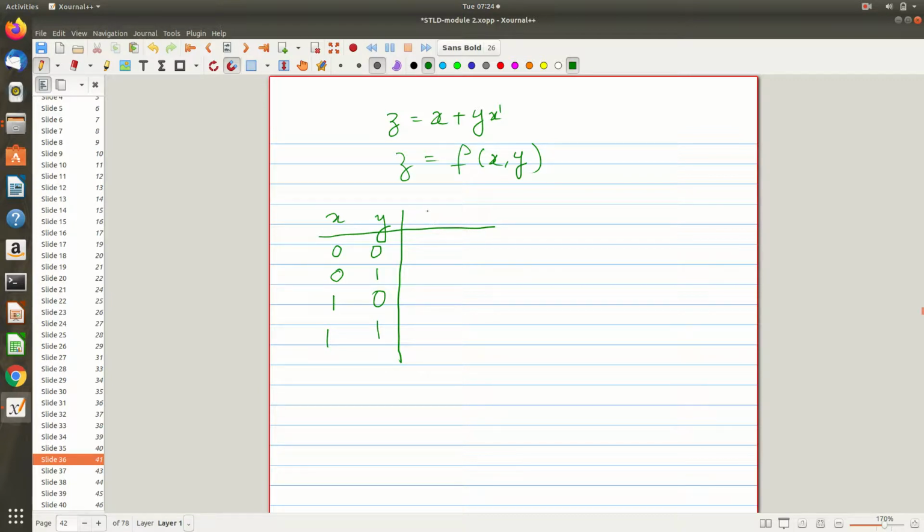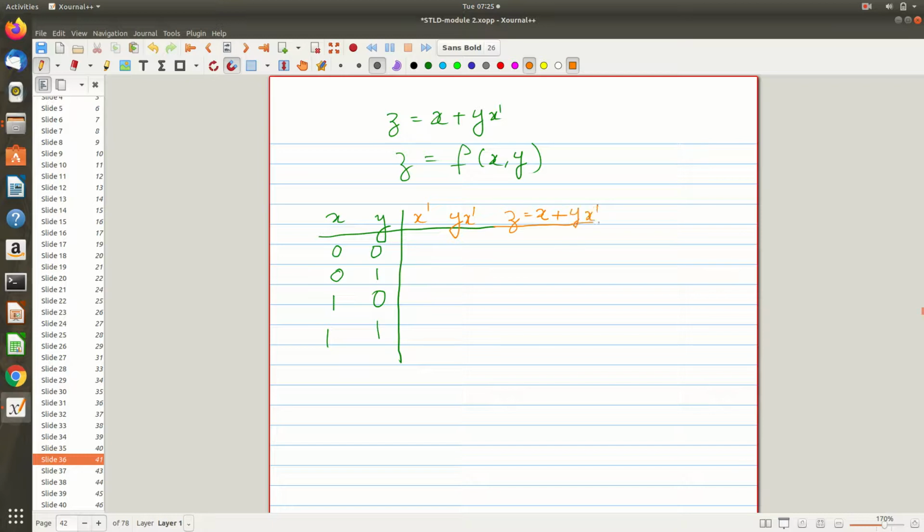Then what is our output z? To calculate this z, this entire expression is to be evaluated. So for simplicity, what I am doing is trying to see what x dash is, because I want to know what x dash is, right? Then I will evaluate y x dash. y x dash means I have to perform an AND operation between this y and x dash, right? Then I will find out z. So now my z is nothing but performing an OR operation of this x and this y x dash, right? x plus y x dash.